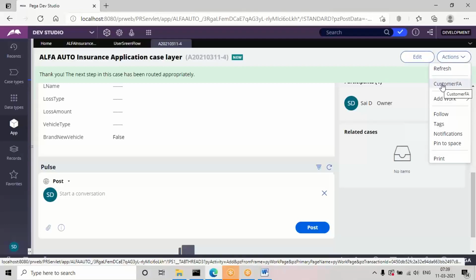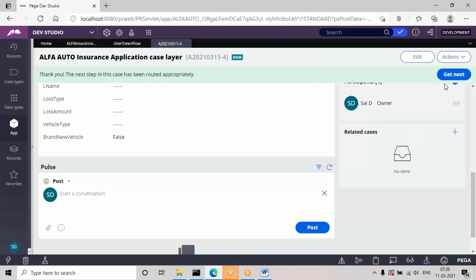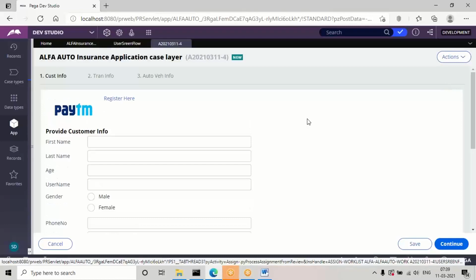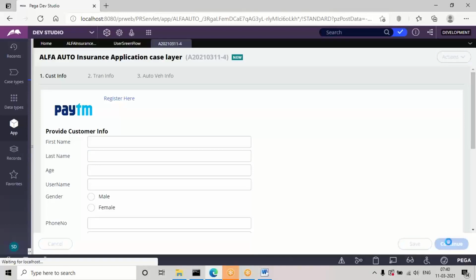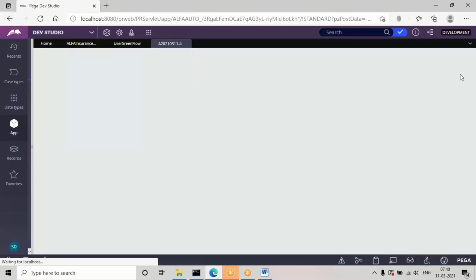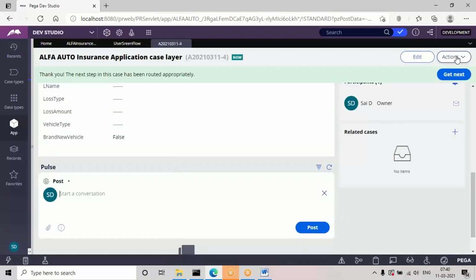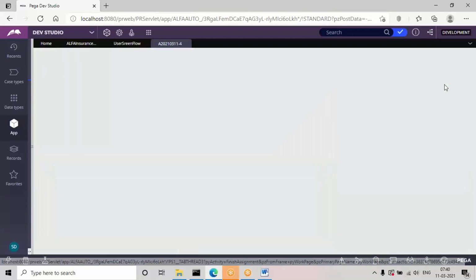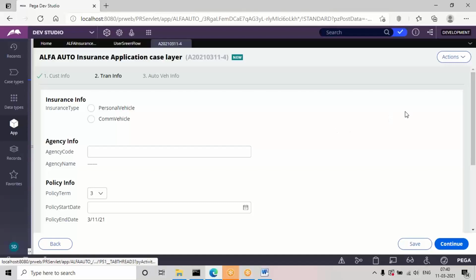Like a customer flag is there, right? Open this one. If you see the display in the screen flow, whatever designs we configured, you'll get the steps in a tab format. Okay, three pages are there, like three tabs you'll be getting. But routing is there, right? I'll remove the routing and again I'll show. If you click on continue now, again we need to choose from the action drop down. The reason is routing is there in the screen flow. Again we need to click on transaction from the action drop down.